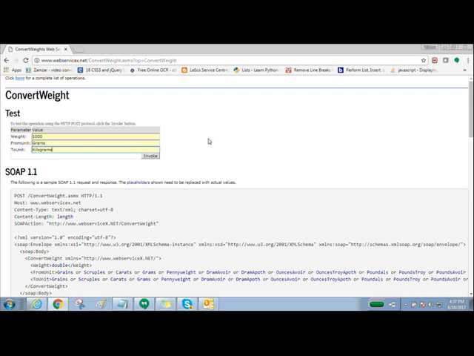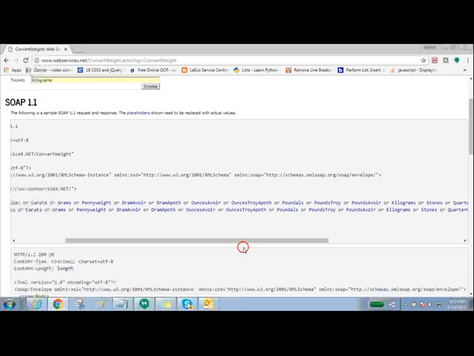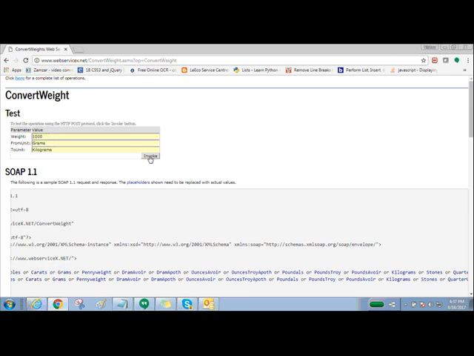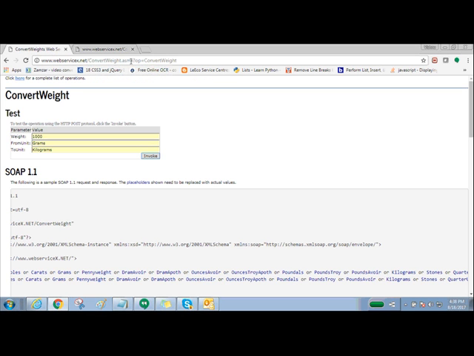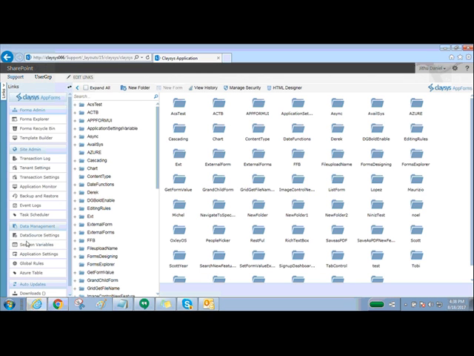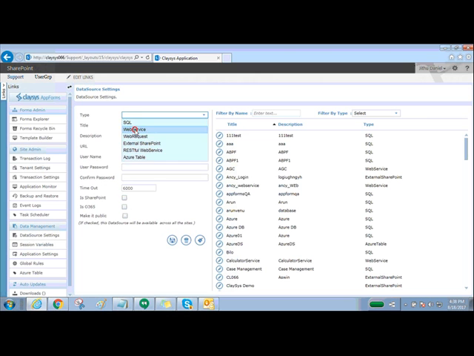Now we're just giving you an example. So this is the input values that can be used. So this is output. So we are going to use this web service in our form. So I'm just going to copy this URL. Now if I go to the data source settings in my ClaySys AppForms designer, I can create a web service